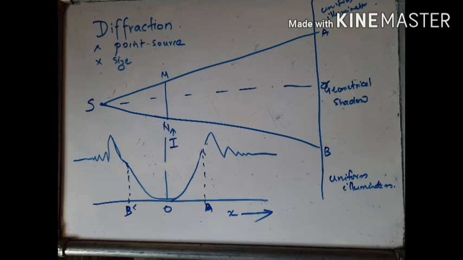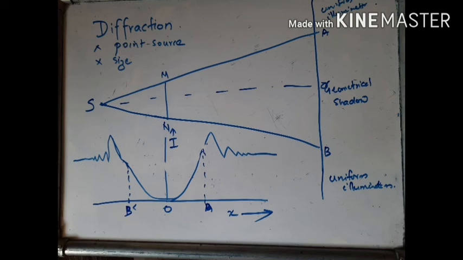For that, we are considering a figure like this. You can see a figure on the board. S is a point source, Mn is an opaque obstacle, and there is a screen behind Mn. If S is a point source and we are placing an opaque obstacle in the path of the light, we are expecting the source will cast a sharp shadow of the obstacle Mn